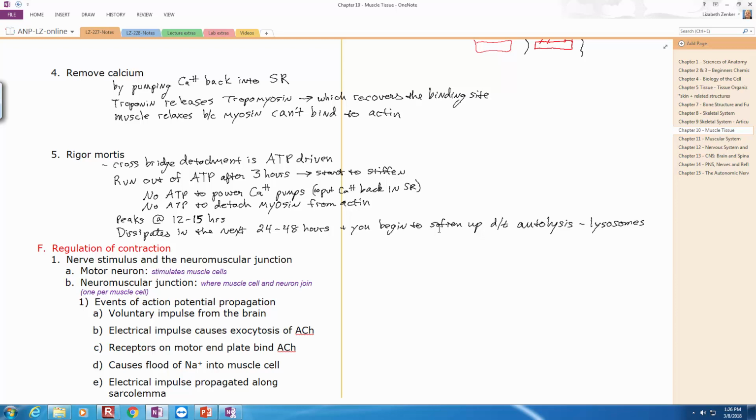Temperature, if you have more heat, speeds things up. Things are more likely to interact with things. So you would probably stiffen up faster than the 3 hours potentially. You would have your peak maybe at 6 to 10 hours, and then dissipate maybe closer to 24 or